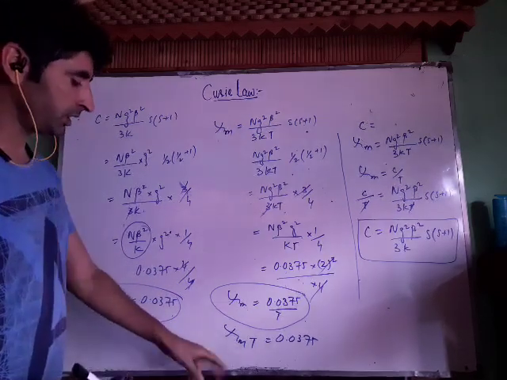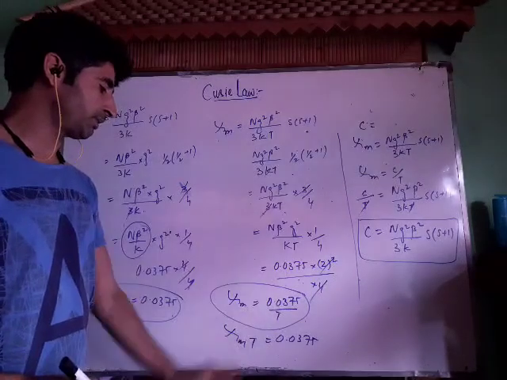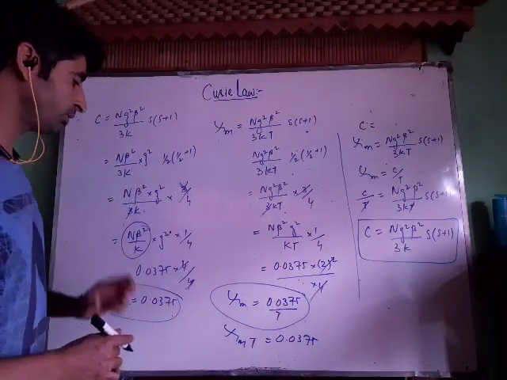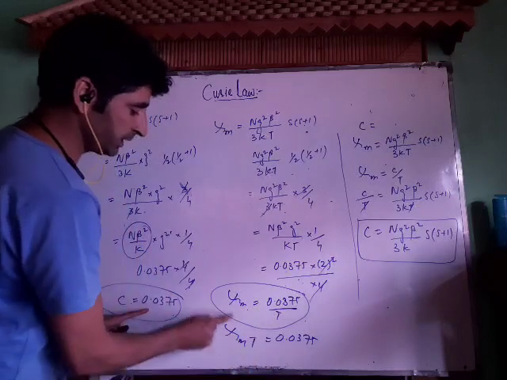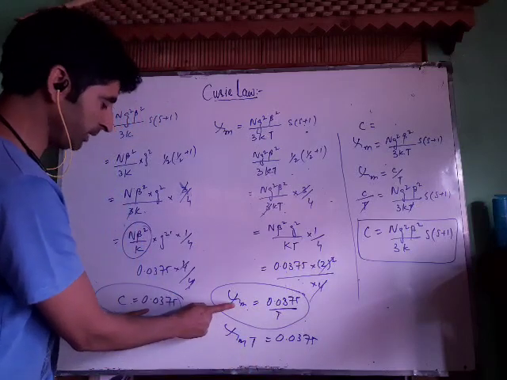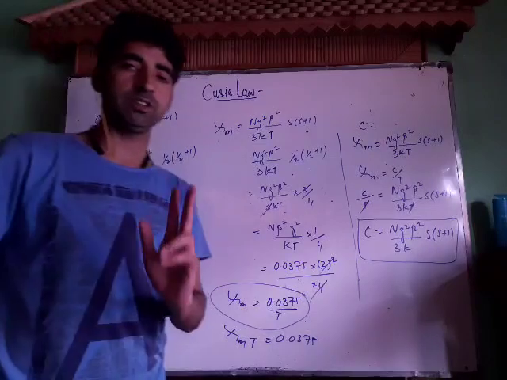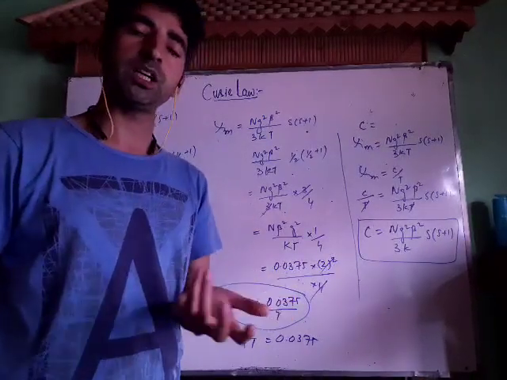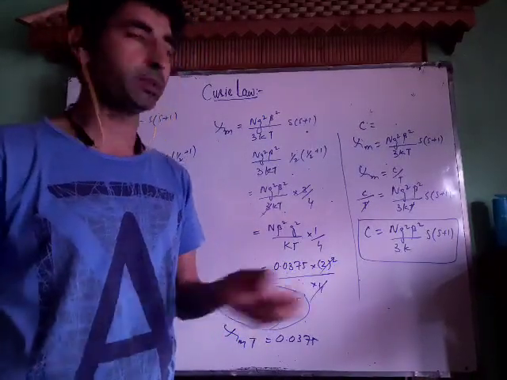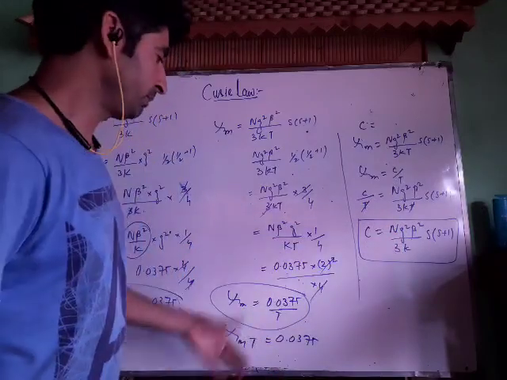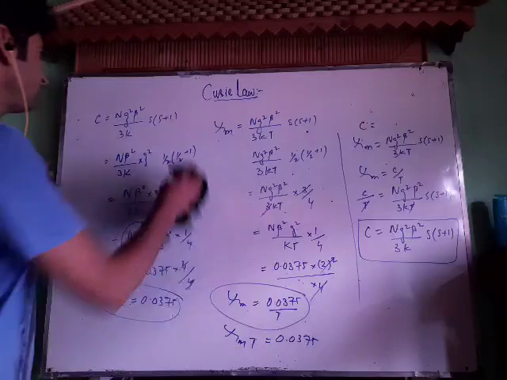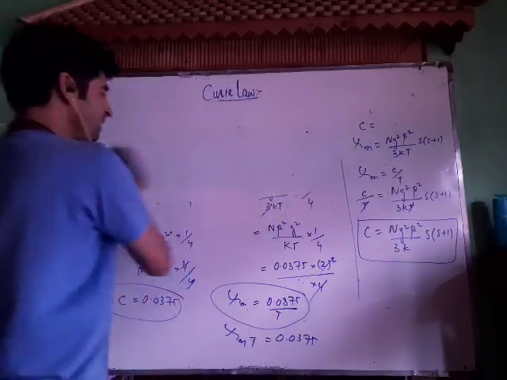Now Curie constant and magnetic susceptibility come out to be the same. Only thing you have to do is divide this Curie constant by temperature, and you will get magnetic susceptibility. Means you can determine only one thing. If you are asked to determine magnetic susceptibility, you can determine Curie constant and divide it by temperature. That will be magnetic susceptibility. Let us do it for other species.